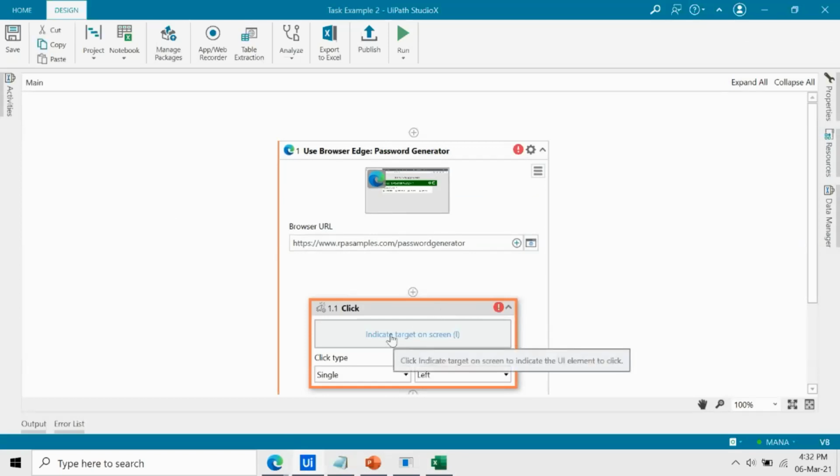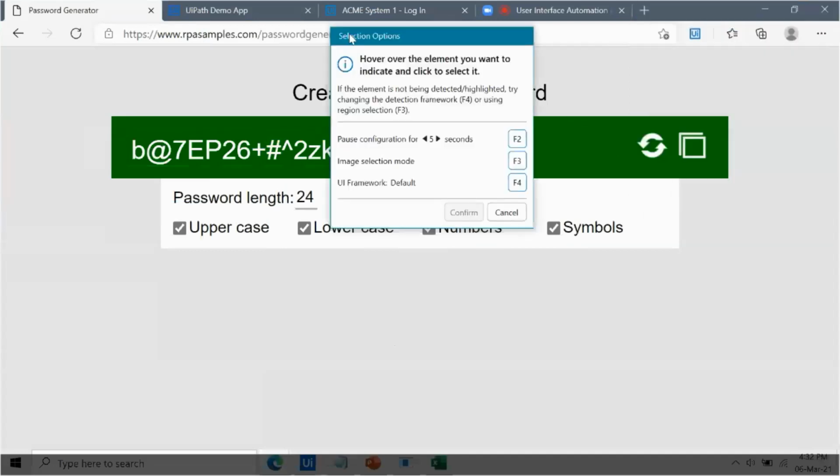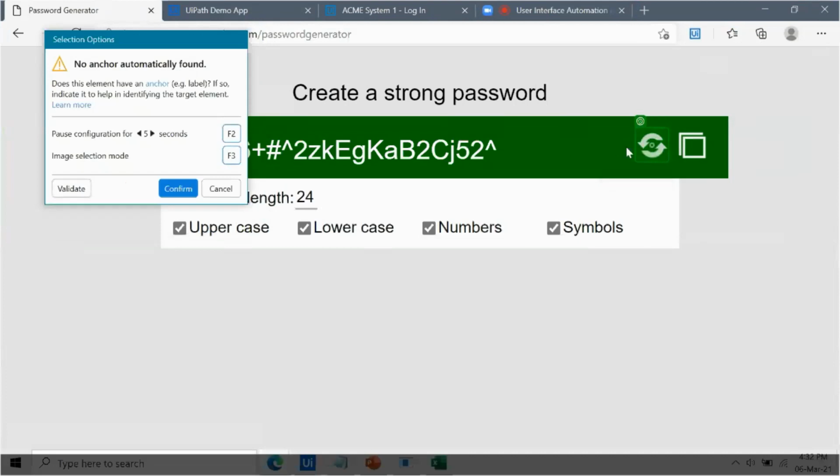So I indicate the target on screen and then I can drag somewhere and choose the correct target. Okay. So this is the button which I would like to use for reset. I click over here. Now, if you see, automatically the bot has not identified the anchor because it couldn't find any such label or references that can help to identify the target element.